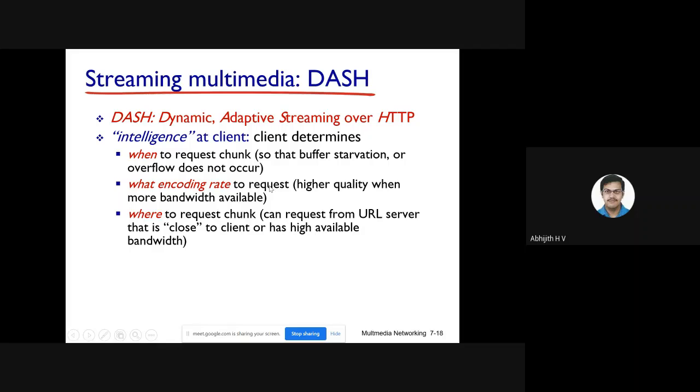Then it also follows the encoding rate. If the bandwidth is less, it follows a lower encoding rate, so it requests a low resolution. If bandwidth is high, then it will increase the encoding rate also. Then where to request the chunk? Everything will be decided dynamically based on the situation. That's why we call it